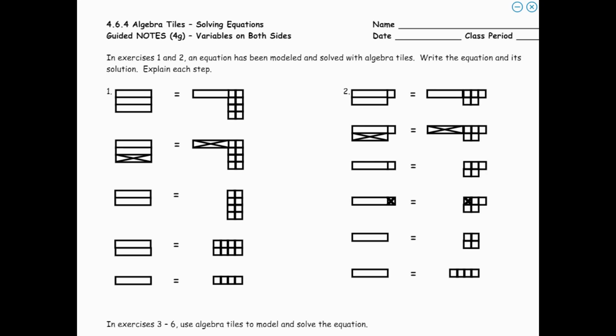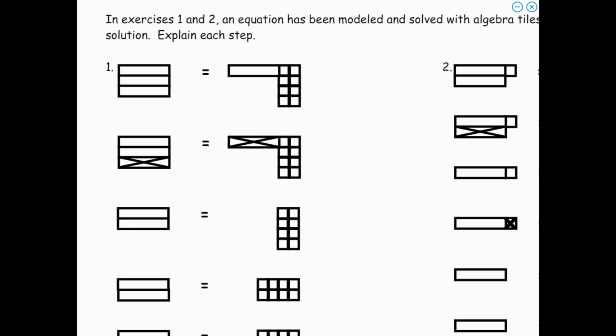So everything so far, we haven't had any x's on both sides of the equal sign. We've only had x's on one side and then maybe some ones on both sides. Well, today, the only difference is we've got to now get all the x's to the same side or cancel out an x from the other side. So when they're exactly the same,